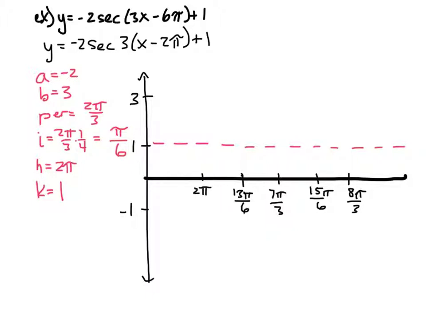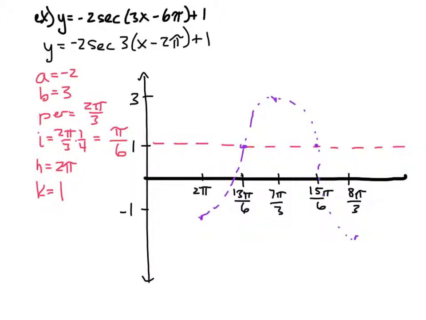Now, I'm going to graph this just like I was graphing a cosine function because it's secant. Okay, so my starting point is at 2 pi, -1. And I go to the midline, above the midline, back to the midline, and down. Alright, now I'm going to draw this with a dashed line because this isn't actually the function that I'm trying